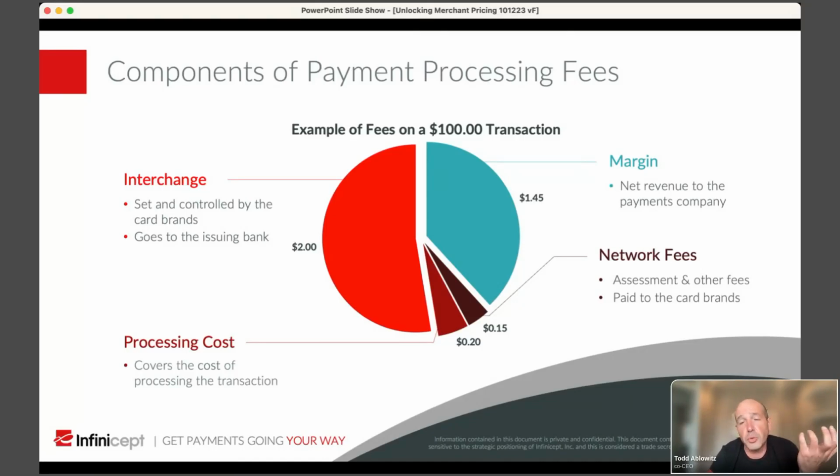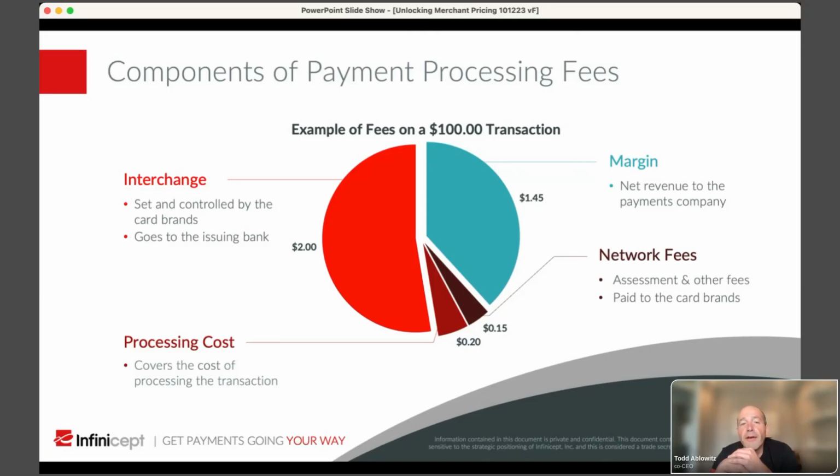But in the case where you have separate parties doing the sales, doing the processing, doing the banking, those would get split up into those different people. And what's left, if you got $2 plus 35 cents of fees, so $2.35, what's left is $1.45, and the $1.45 is margin.